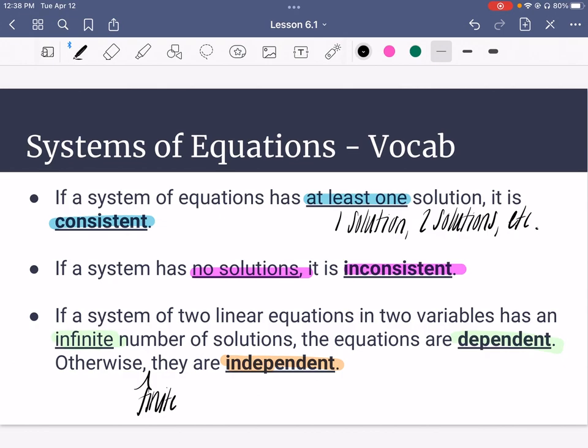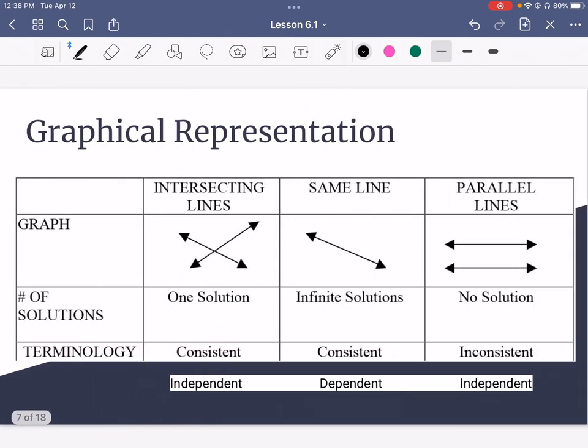So that would be dependent. And if it does not have an infinite number of solutions, in other words, if it has a finite number of solutions, meaning just one solution or two solutions or three solutions, a number you can actually count,